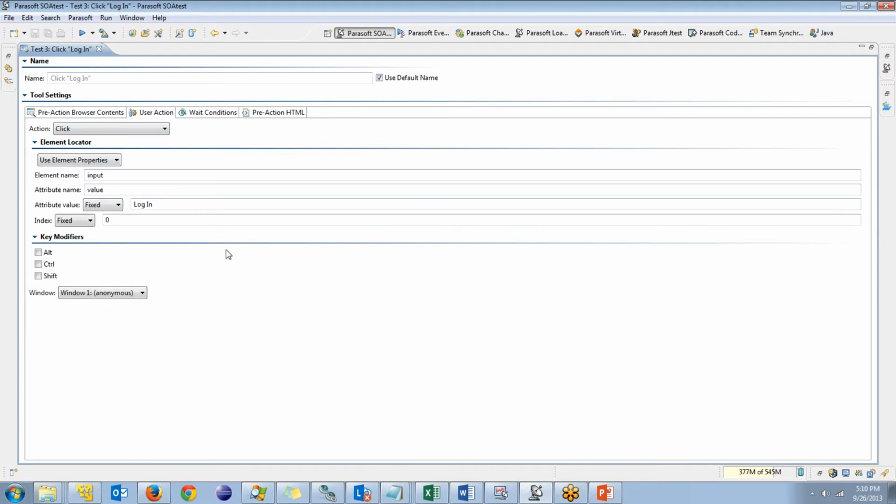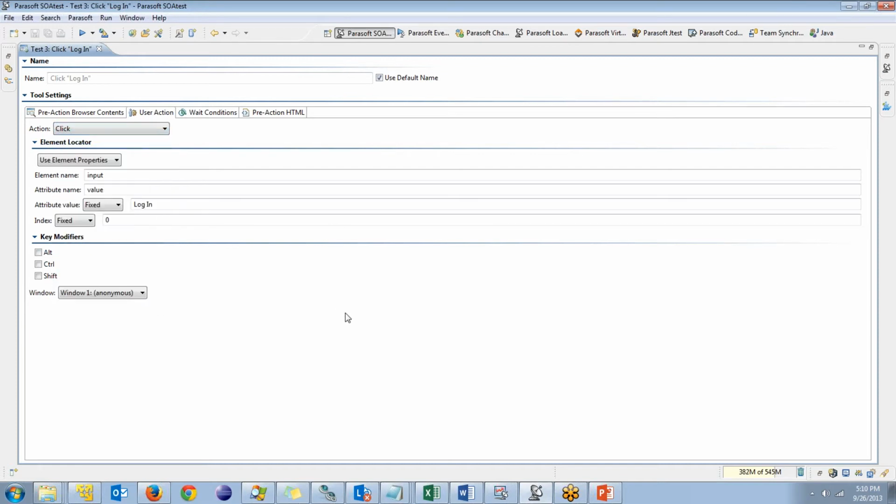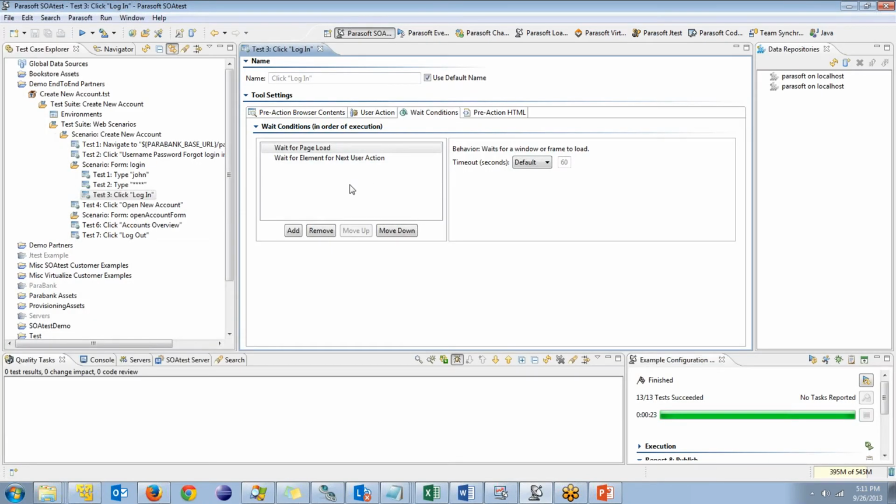And if you look here in the User Action tab, this is essentially the configuration of what we're doing. So we support all the common actions that you might want to do in a browser: click, type, double-click, all that good stuff. And we've got some unique IDs. In this case, the login button has an ID for login, so we can uniquely identify it on the page. And beyond that, we've also got wait conditions that we've automatically configured